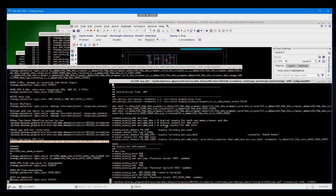You could see that there is a bunch of information here that basically defines the supplies and the power domains. What I want to draw your attention to are the power domains that are created at the top level. There are three main power domains at the top level. First is PD_top, which is the primary power supply at the top level. Then we have a power domain for the DTMs, called PD_ABB_DTM. You could see that it takes two elements, and for those element inputs, we are giving them the names of the DTM modules. And then the next power domain is the ABB core,